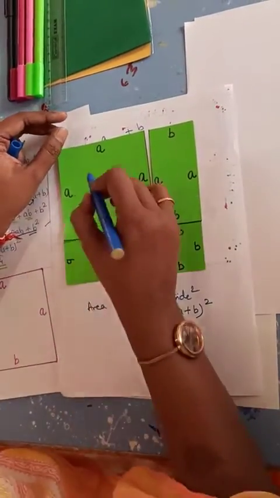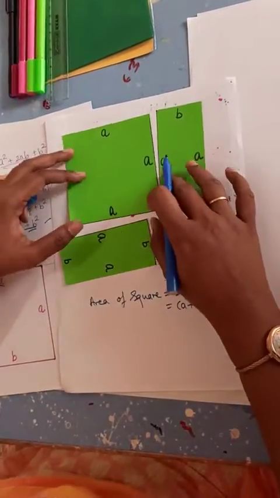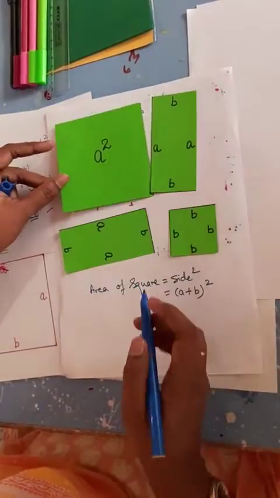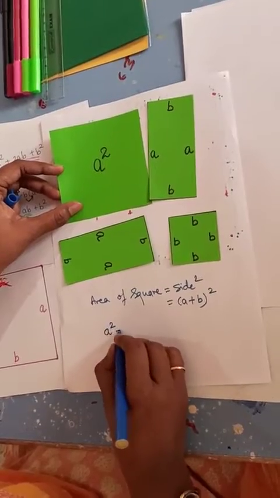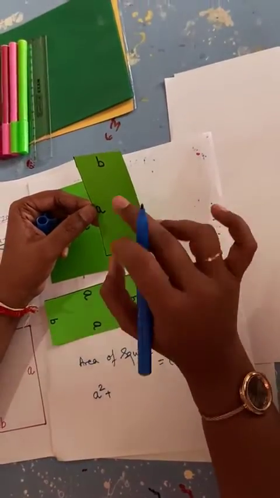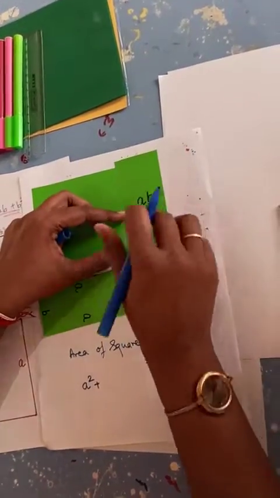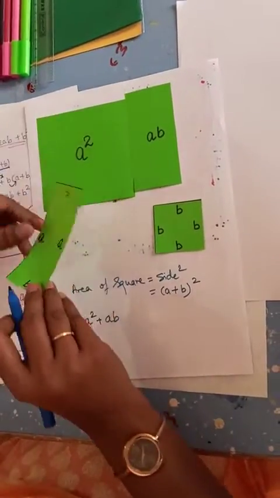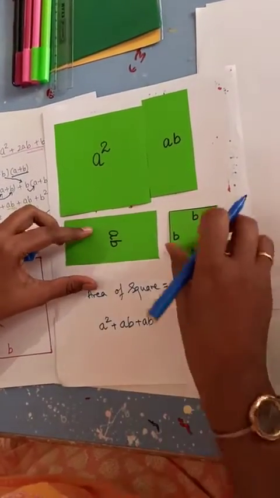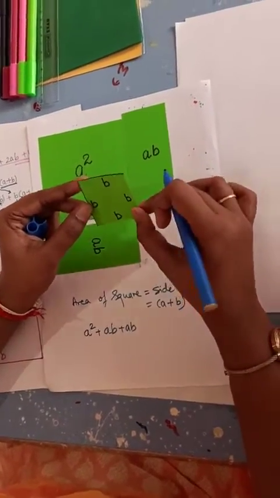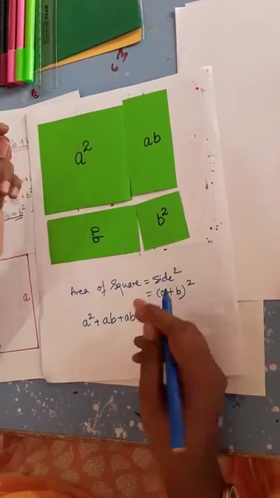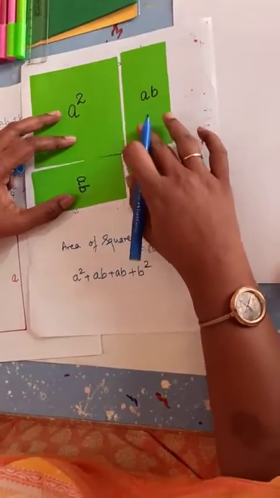Now let me see. I have broken this into different parts. What is this area? This is a small square with the side A. What will be the area? That is A square. So this area is A square plus this area. This is a rectangle. And what is the area of a rectangle? Length into breadth. So it will become AB. Again, this is also a rectangle with dimensions A and B. So its area will be AB. And finally, this small and beautiful square is again a small square and its area will be side square. So we will get the area as B square.